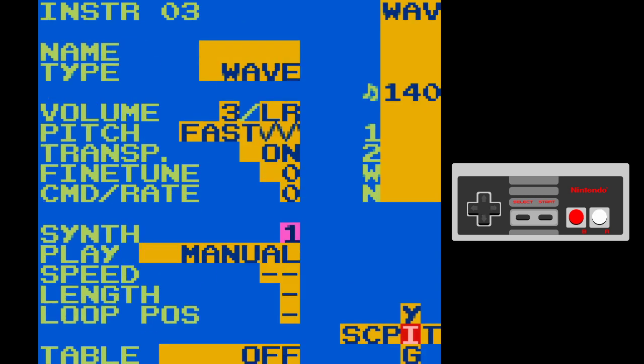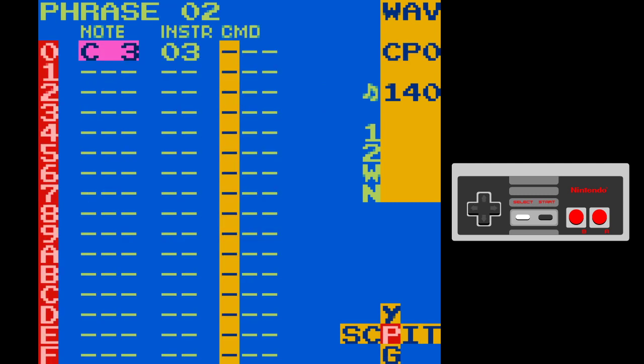So if we wanted to hear how this sounds, let's ping pong it. Speed 3, length, we'll make it length C. Loop position, I don't remember, sorry, if any of this has changed, but the loop position means it's going to loop all the way back to 0. And then,